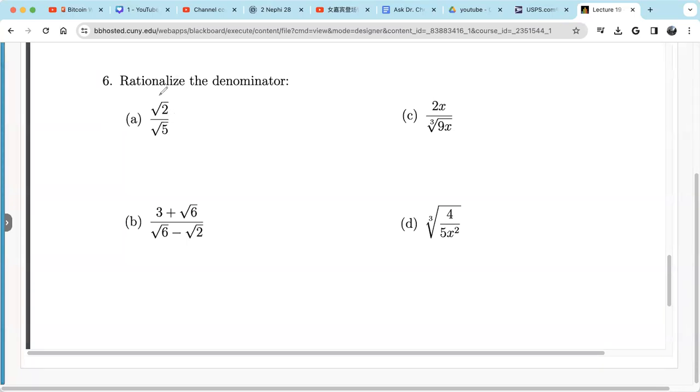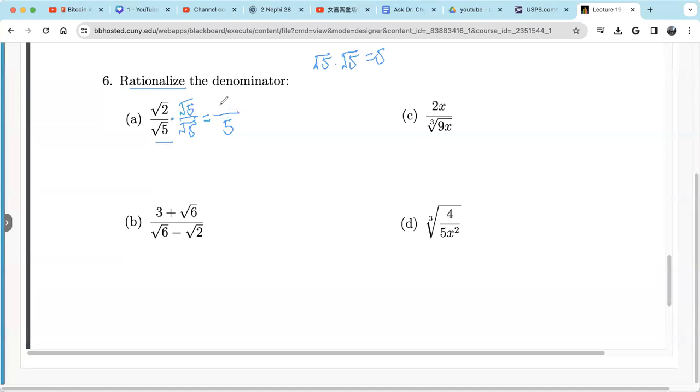So that's why we want to rationalize. Because this denominator is an irrational number, it doesn't make sense. So we want to rationalize, which means we want to multiply by something to make the denominator a rational number, 5. Well, remember, square root of 5 times itself is 5, right? Okay, so let's just do that. So we multiply by 1, and this one is square root of 5 divided by itself. So the denominator will get 5 right away. The numerator will have,